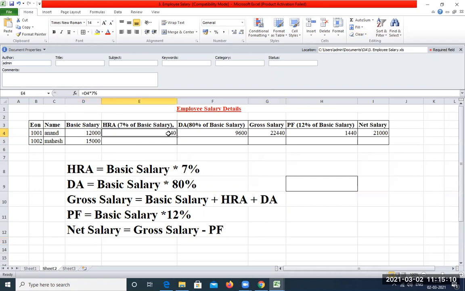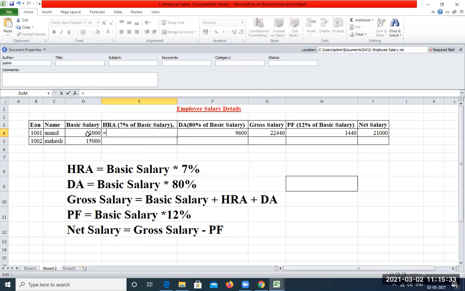Then, to calculate the HRA here: HRA is basically 7% of our basic salary. How the formula has to be applied, you can see here in the formula bar. You start with equal to, let me just delete this data and show you. So we write equal to, our basic salary is here for the first employee.